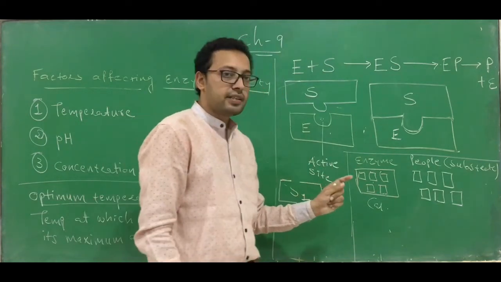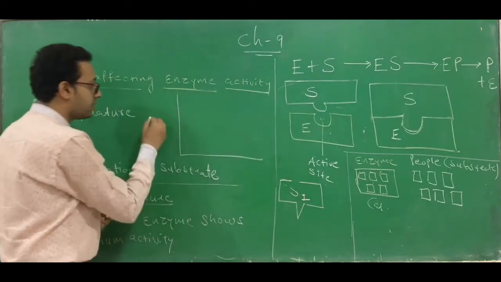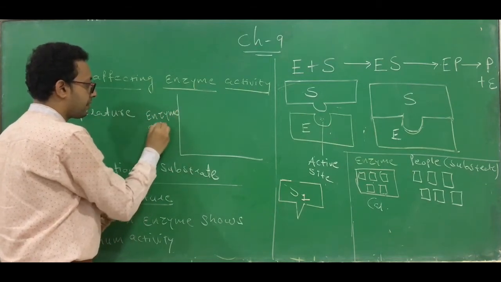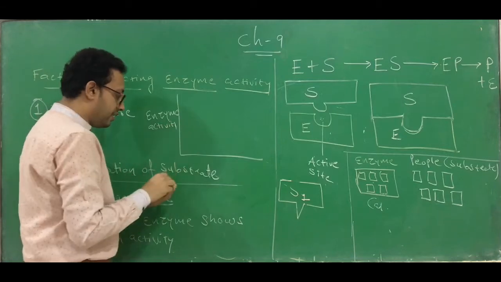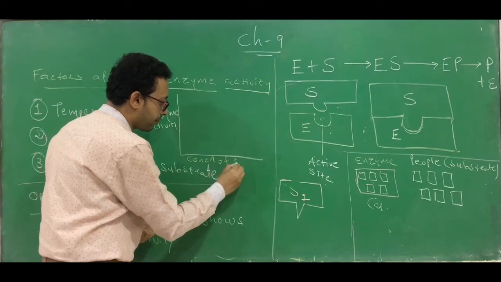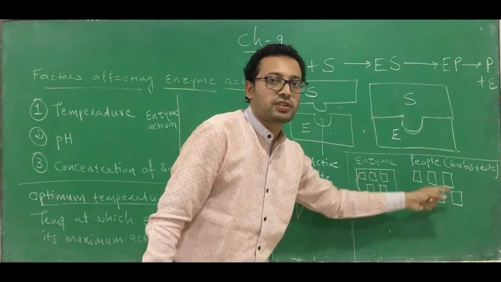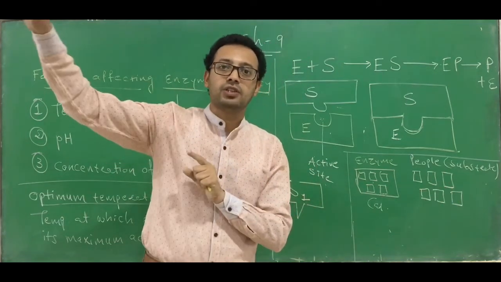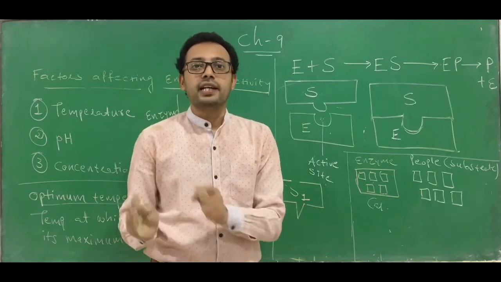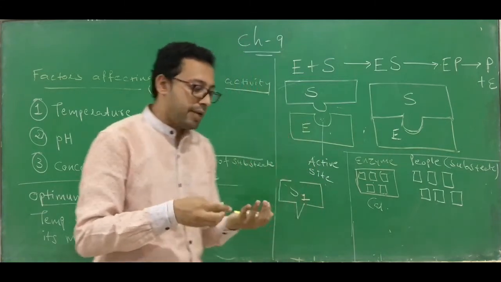Similarly, as you increase the concentration of substrate, I am drawing over here. This is enzyme velocity or enzyme activity. And here the x-axis is the concentration of substrate. So 2 to 3, 3 to 4, 4 to 5, up to there was no problem. They are carrying the people at one time. But as soon as it went from 5 to 6, they have to go for 2 runs. Okay, right, they have to make 2 trips. The same happens over here.